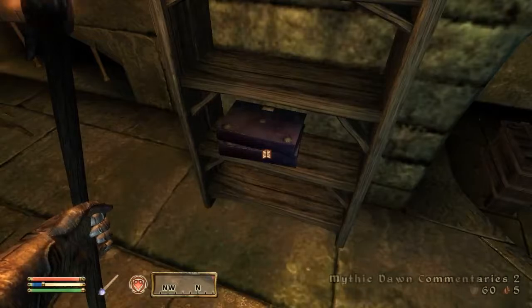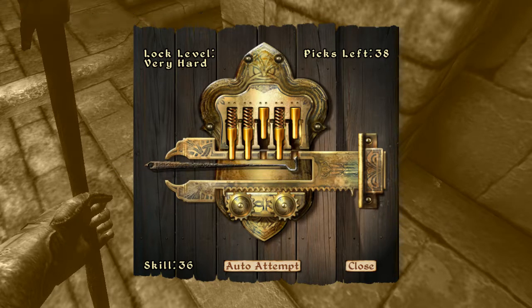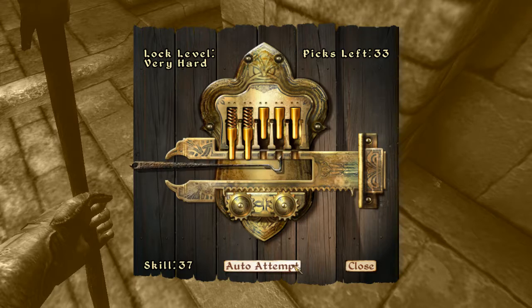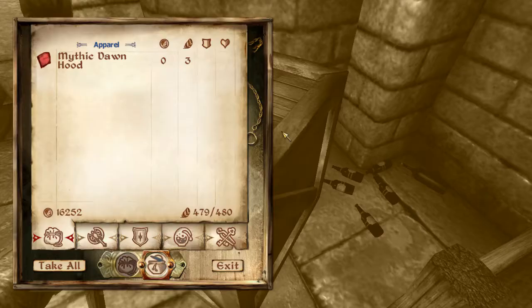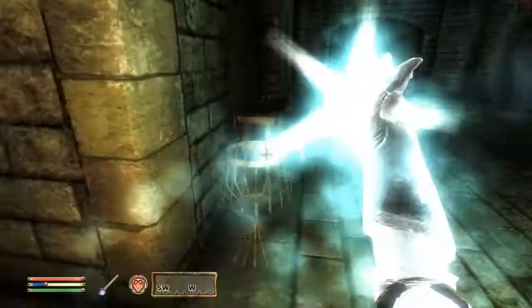That's a lot of gold. I'll take it. Happily, even. Commentaries 1 and 2. There we go. Took a lot, but they put less gold in the locked chest than I had in the unlocked chest. I didn't have much respect for the Mythic Dawn, given how trash their troops are, but...